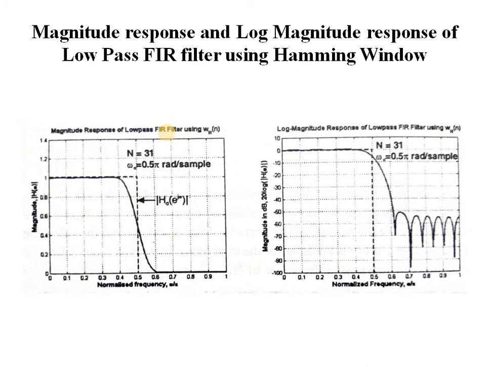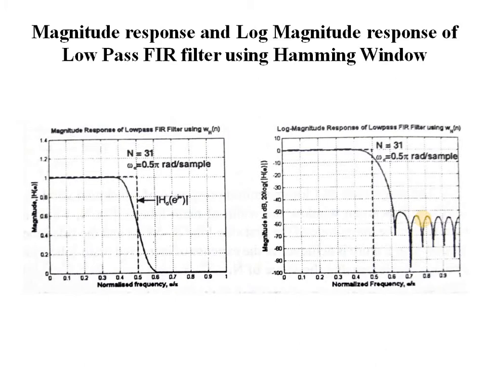When we compare the magnitude responses and log magnitude responses of a low pass FIR filter designed using the Hamming window, it is limited by the side lobe level of this windowing function. Even though the Hamming window achieved an attenuation of 51 dB, that is, a gain of minus 51 dB in the stop band for our low pass filter, generally it may not be sufficient. Here we were able to see that it is equal to minus 51 dB, but it is not sufficient for some of the applications where we use this Hamming window.